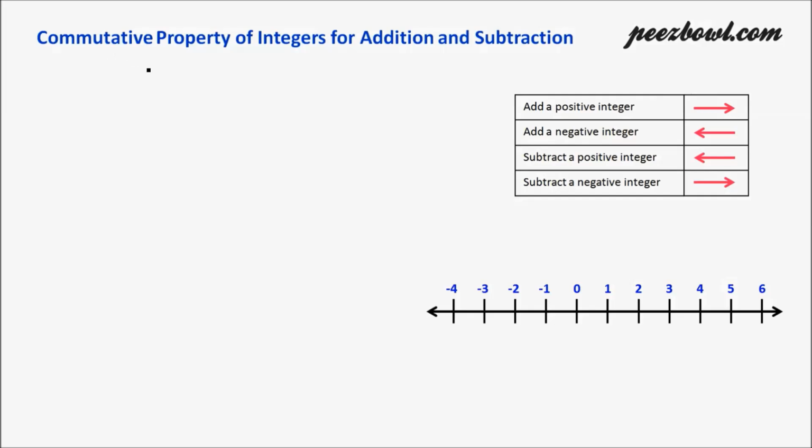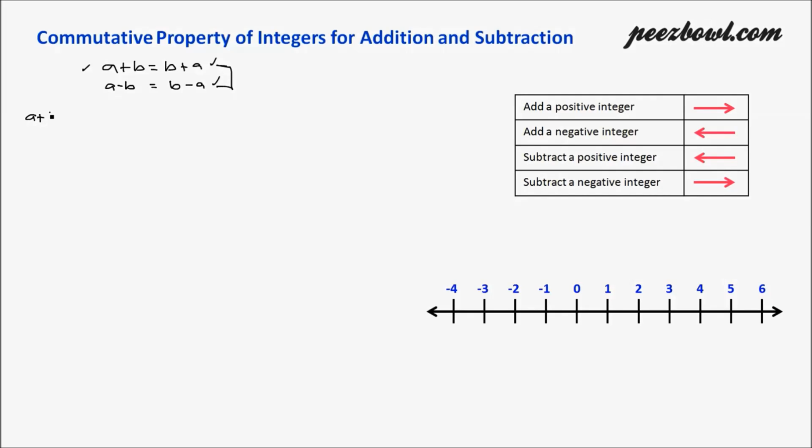So in the commutative property, we need to find out whether the sum of two integers added in reverse order changes its value or not. That means a plus b is equal to b plus a or not. This is for addition. And for subtraction, we need to find out whether a minus b is equal to b minus a or not. We need to find out whether both these operations are correct or it only applies to either one of them. Let us find out our first example.